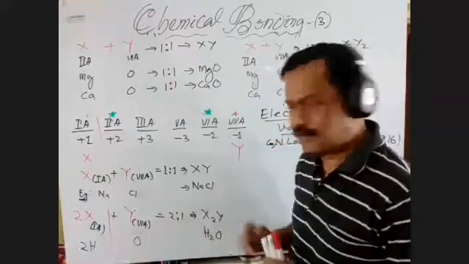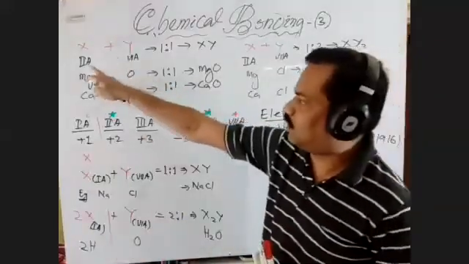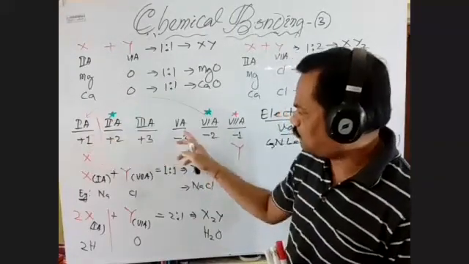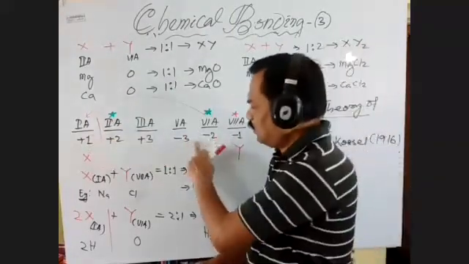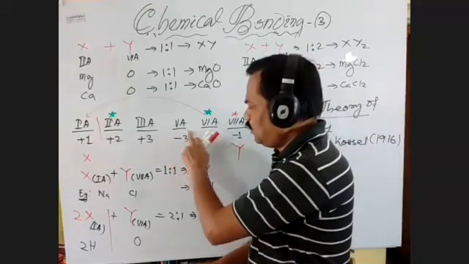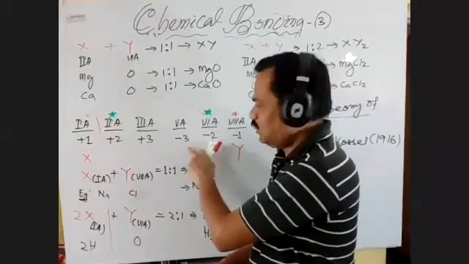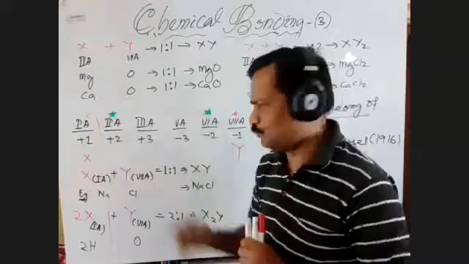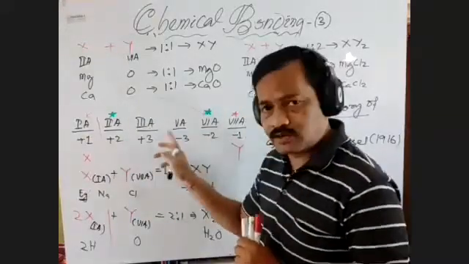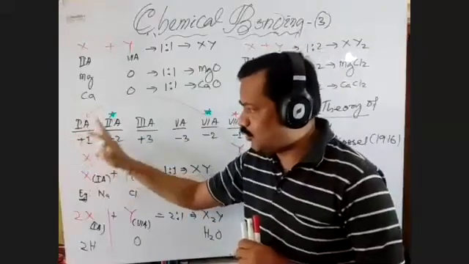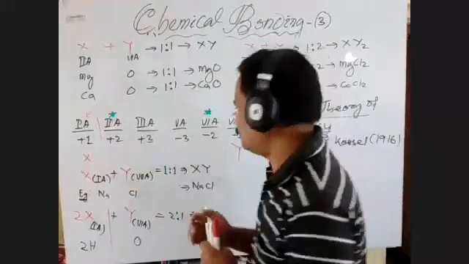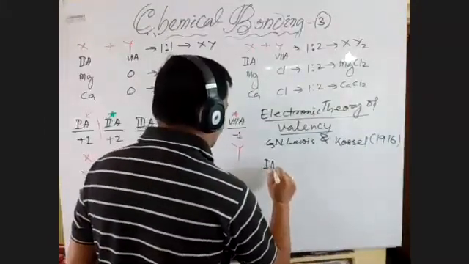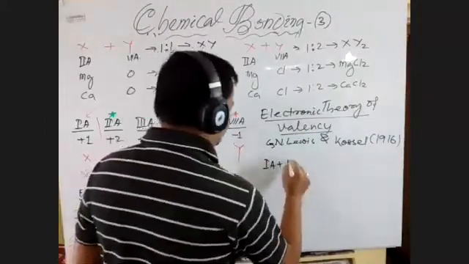Like our water molecule. Similarly, if you are talking about the fifth group, here it requires 3, but the 1A has only 1. That means the fifth A group requires 3 atoms of the 1A group. So if there is a combination between 1A and 5A,